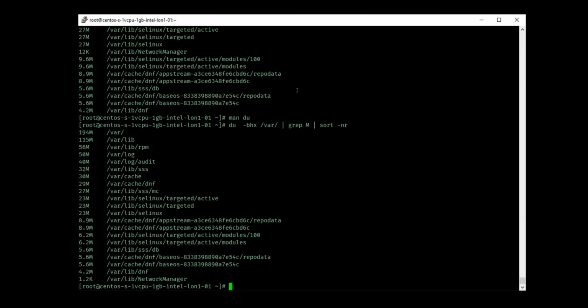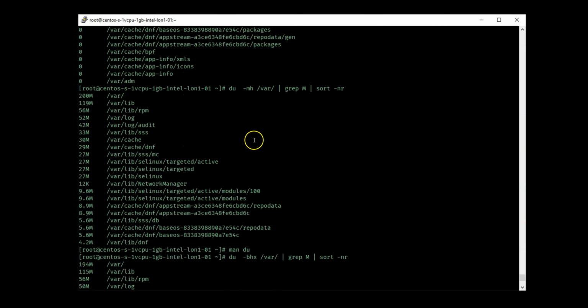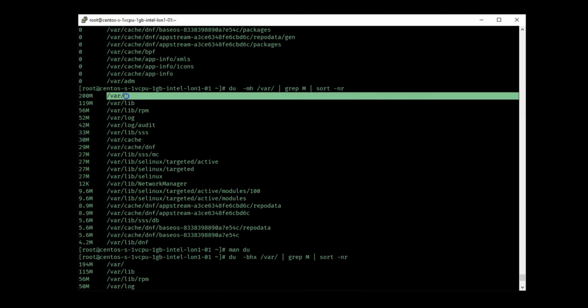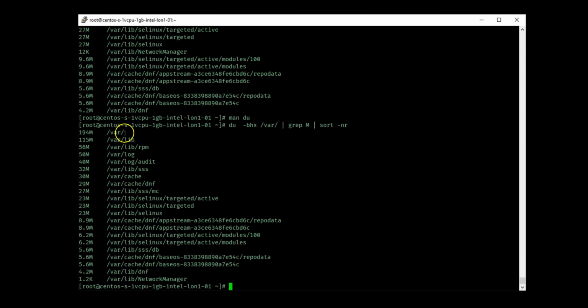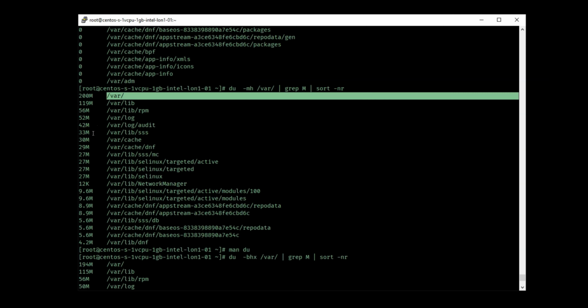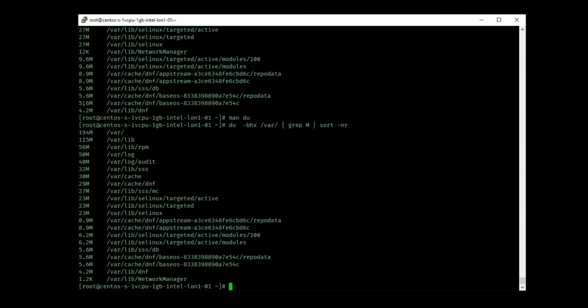This is going to give me the same data in a better format, because here we had 200 megabytes of slash var and now we are seeing 194 megabytes. 119 megabytes is 115 now, but it depends on how you want the usage to be. I don't have anything big over here, so there's nothing much in gigabytes, but if you want, you can do a minus